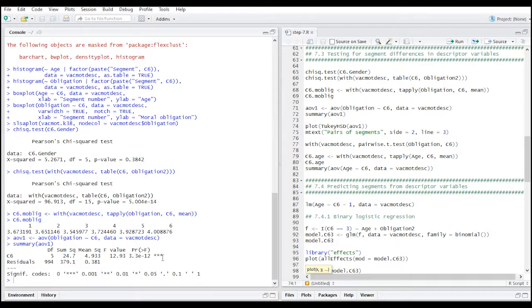And the next question would be, how do segments differ? So is there just one segment which is different from all the others, or can we tell anything more? And this could be investigated also in different ways. So one thing could be, we could look at the Tukey HSD. That's the honest significant differences by Tukey. So what does this do? It calculates all pairwise differences between all segments. So we're interested in whether segment 6 is different from segment 1, segment 6 different from segment 2, and so on and so forth. So all these comparisons are run, and confidence intervals are calculated, and they're calculated in a way that